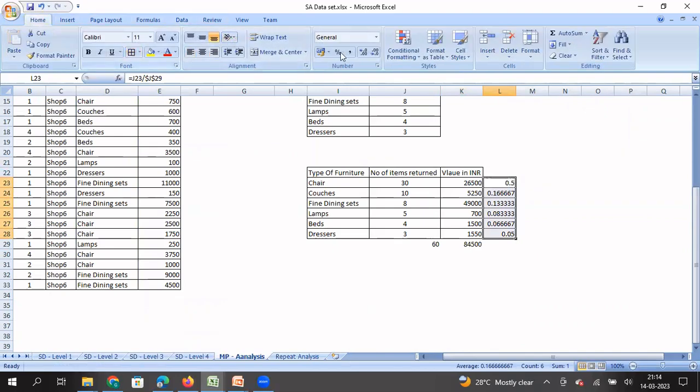Chair is the top contributor. But from a dollar value, or from the INR, so in this case it's in INR, from the value of the item that is getting returned, the story can be different. So now if you see,